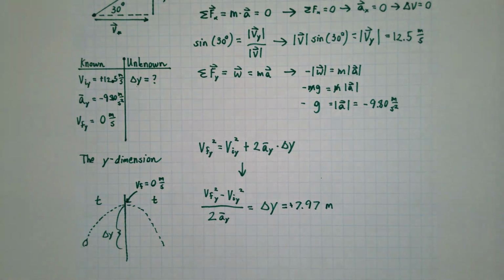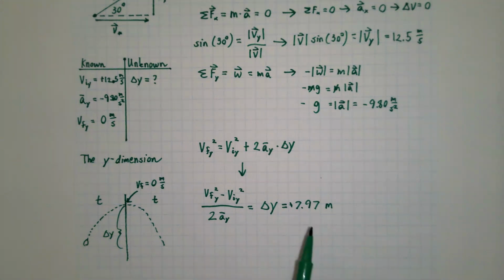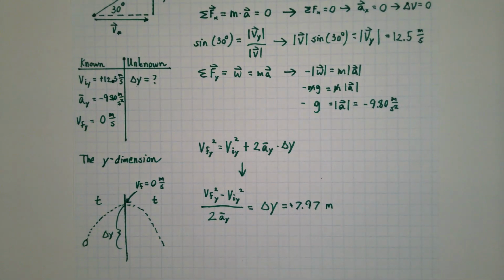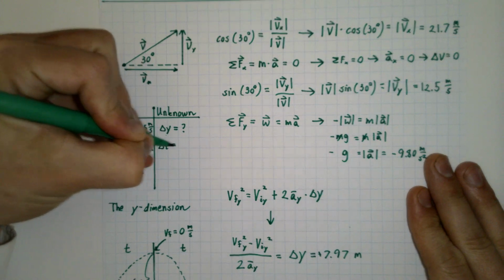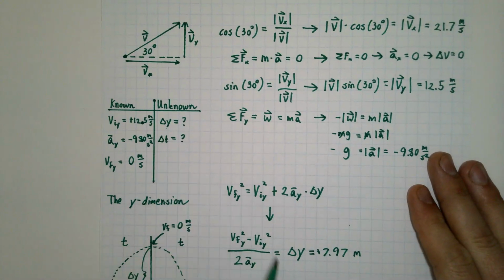All right. That's important for us because that will be one of the points on our graph that we'll need, right? We'll see in the y position time graph, or the position time graph for the y dimension, that this maximum height will be very important. That is a maximum position. Question is, at what point in time did it reach that maximum height? Well, that's another unknown that we have here. Okay, change in time, the amount of time that it took for it to go up to that